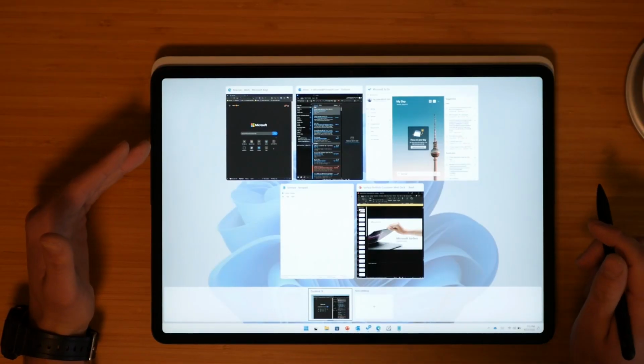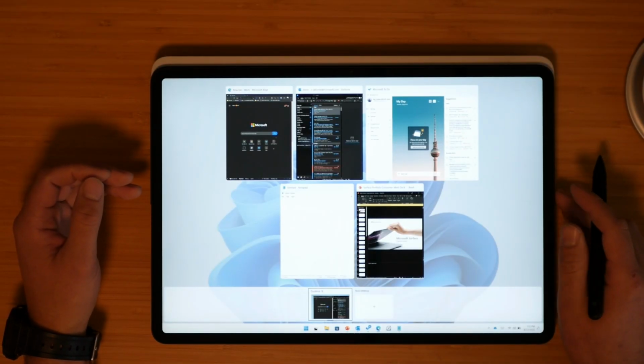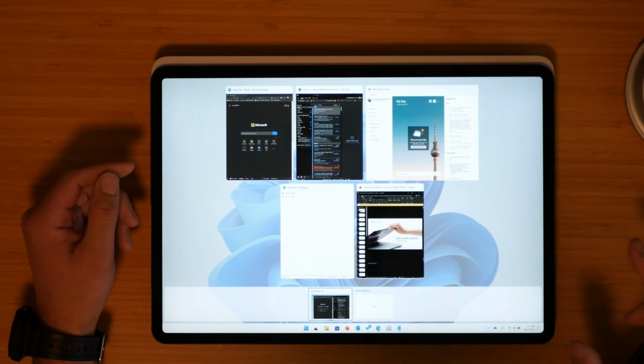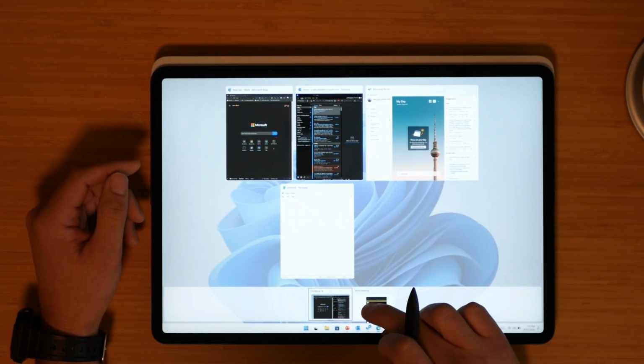Yeah. You're so used to having one desktop. Guess what? You can have as many as you want, or as many as you feel is productive. So this first one I'm going to call Desk Work, and that's where all my normal stuff is going to go. Then I'm going to take this PowerPoint that I was working on, and I'm going to drop it over here into this second desktop.